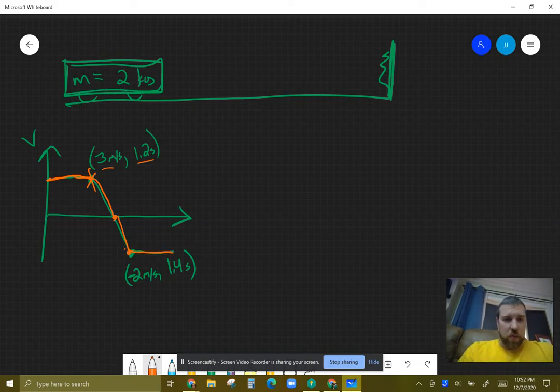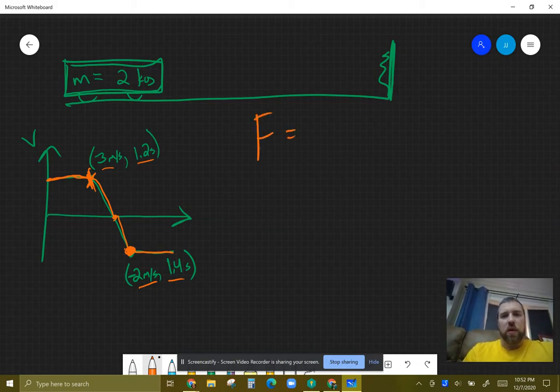So then when it actually left, the crash ended. So the crash starts here, it ends down here when it's going -2 meters per second, negative because it's the other direction. That happens at 1.4 seconds. Okay, so what do I do with all of this if I want force? That's what we're trying to figure out, the actual average force that's being applied on that cart at that moment